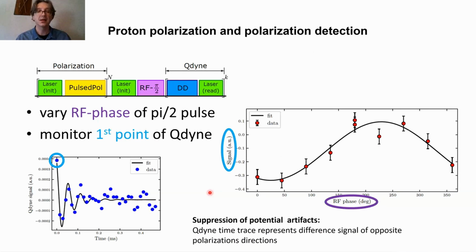So this is done basically by preparing nuclear spins in a hyperpolarized state. We use an echo-based polarization transfer technique. Then we apply an RF pi-half pulse and detect the FID. To make it sensitive only to real polarization, we vary the phase of the RF pulse and detect